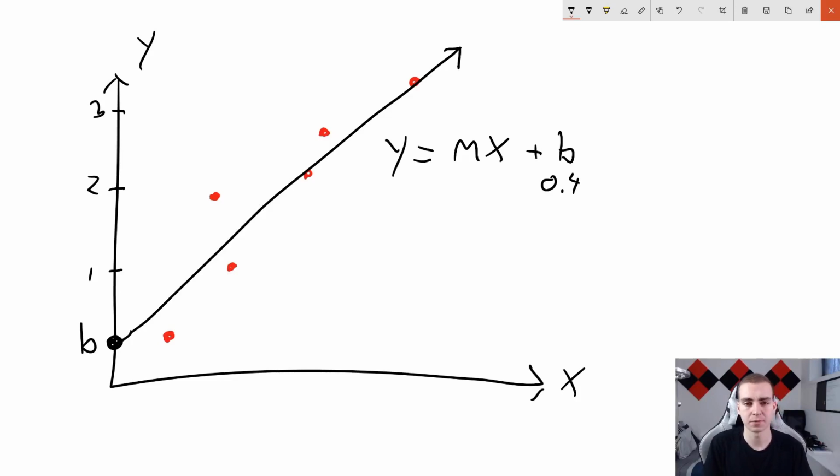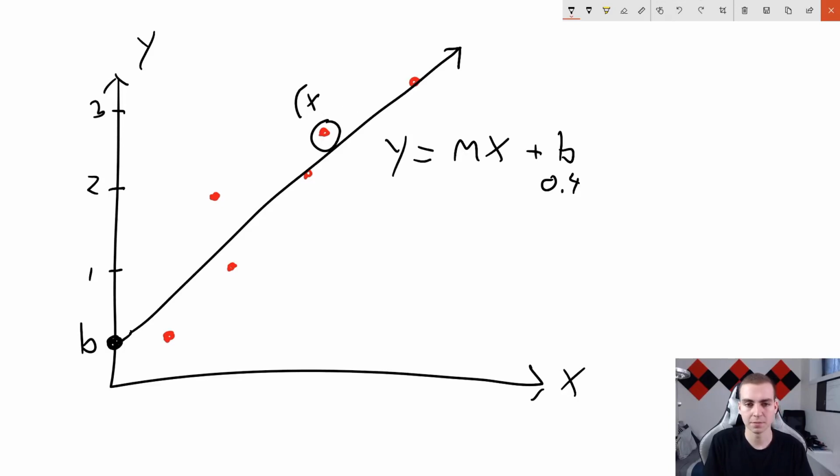And then what are x and y? Well, x and y stand for the coordinates of this data point. So this would have some x, y value. In this case, we might call it 2, 2.7. That might be the value of this data point. So that's our x and y.